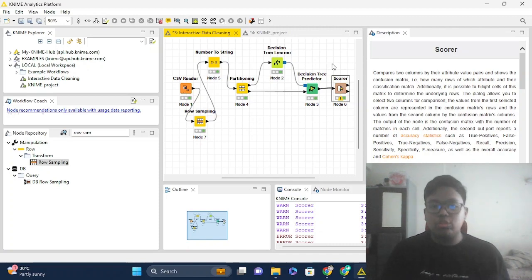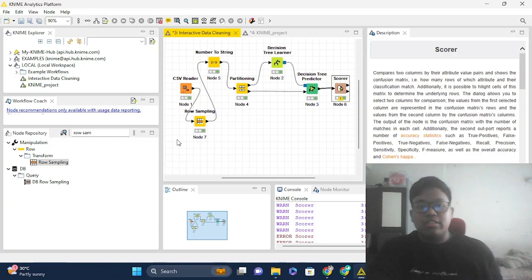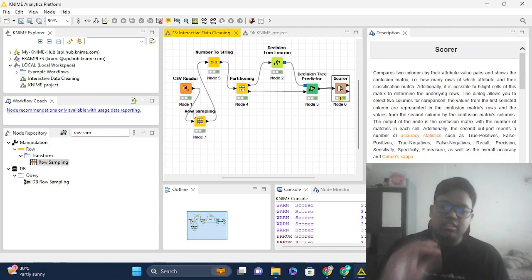And the scorer is used to score the accuracy of the result obtained. The accuracy here means the higher the percentage, the more accurate the result. Do take note, I do use an extra row sampling here. The extra row sampling function is to further